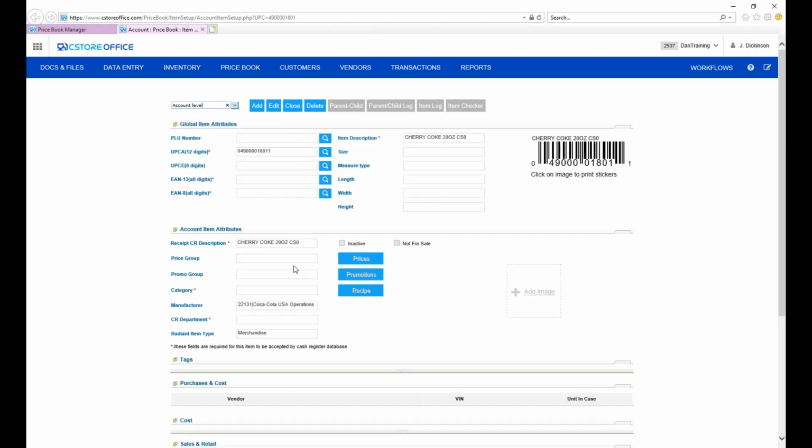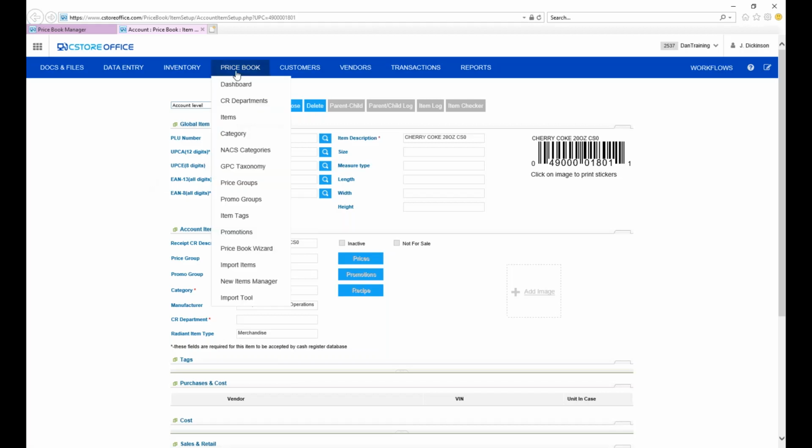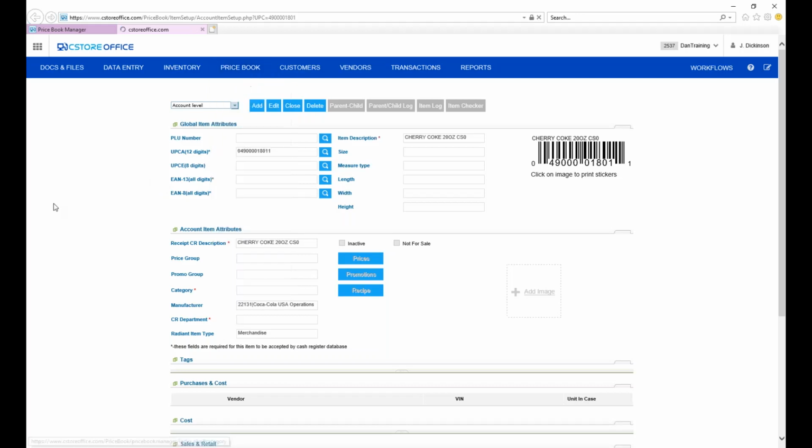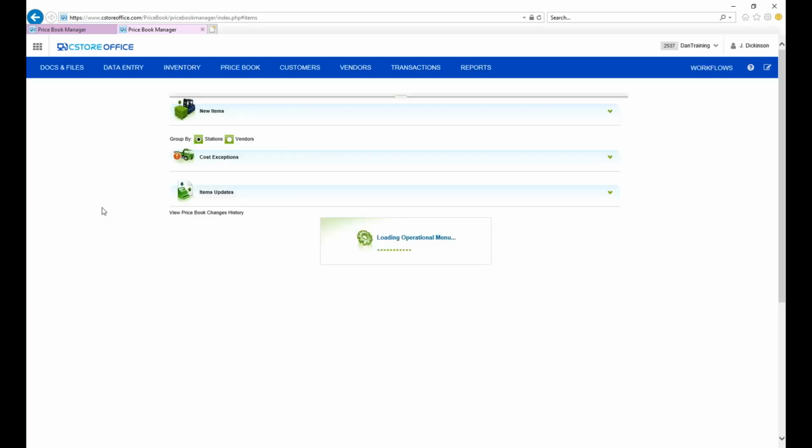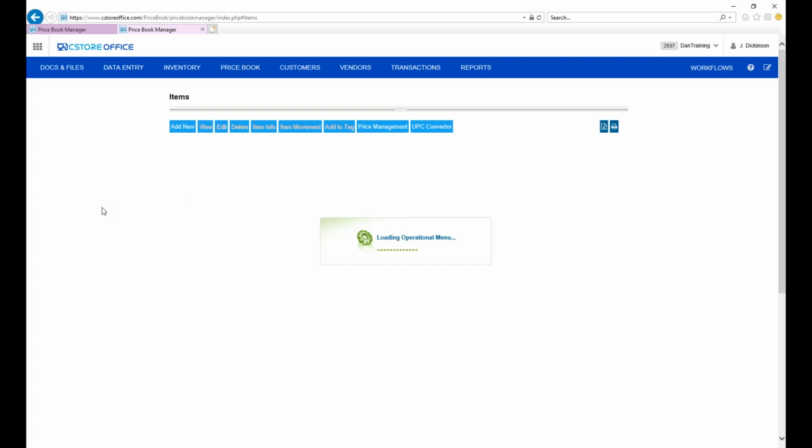Okay, so that is the quickest and most direct way for you guys to go in and change the price on one specific item. Now, I do get a lot of clients that are looking to change, say, the price on multiple items. Say you wanted to hit all of those Coke 20-ounce items at once. One means by which we can use C-Store Office to change multiple prices at one time is using the find